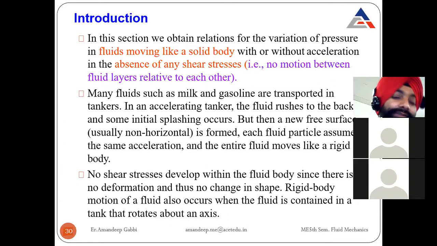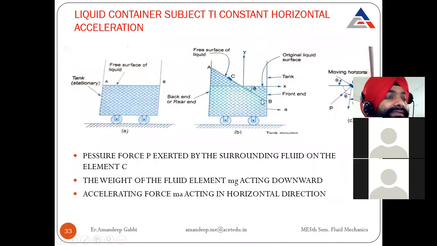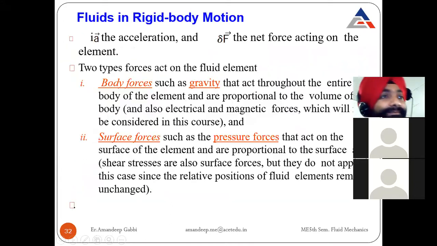Let me show you some diagram. Suppose this tanker is moving. This is the tanker, and it is moving in this direction. Initially, the height of that liquid is up to this. When it starts moving, a constant angle is formed, right? That fluid will align like this. The height at the front end will be lower and the height at the rear end will be higher. So we have to study that.